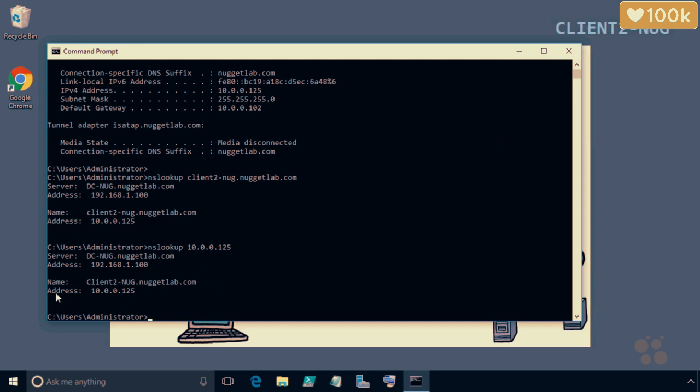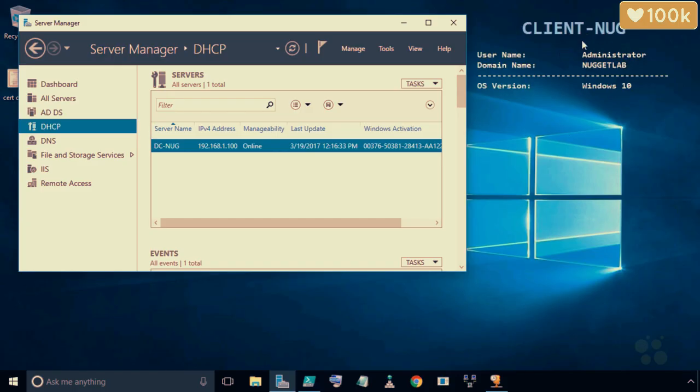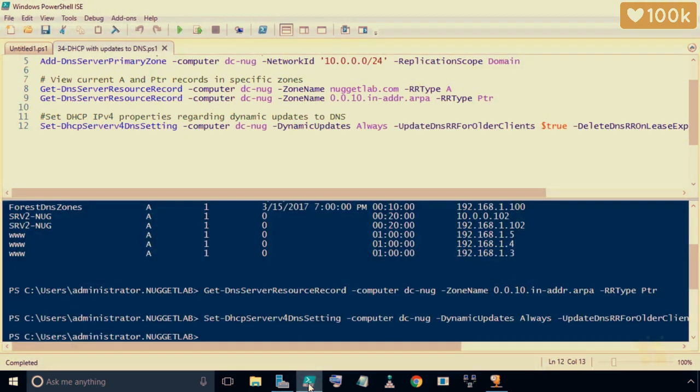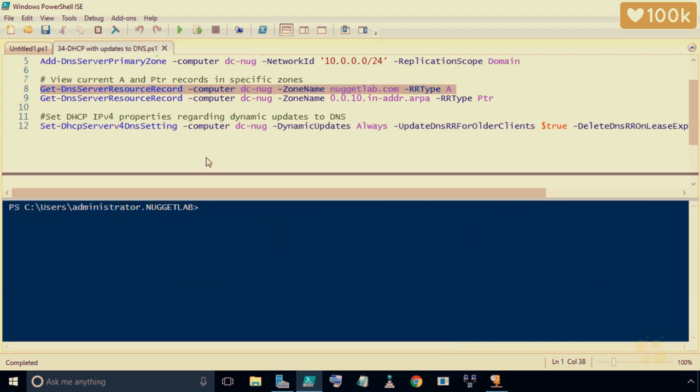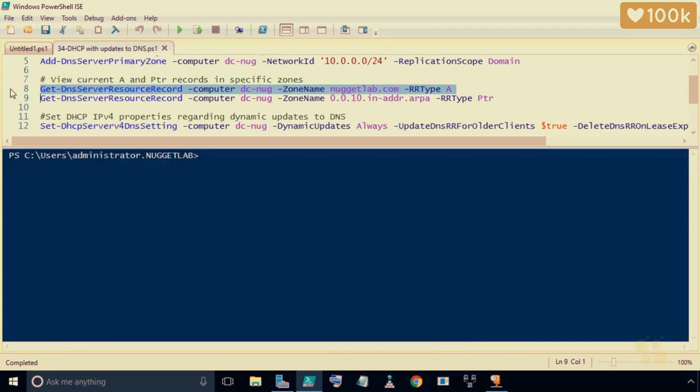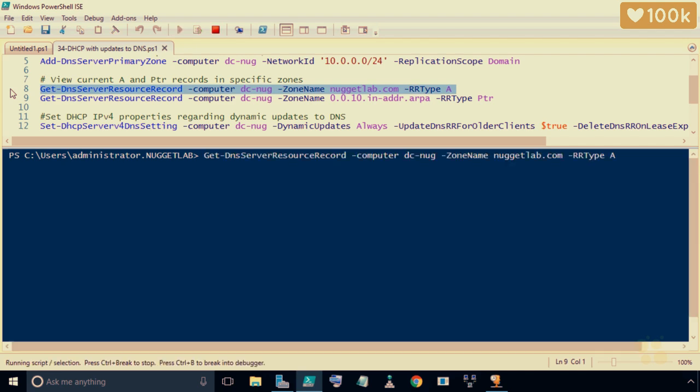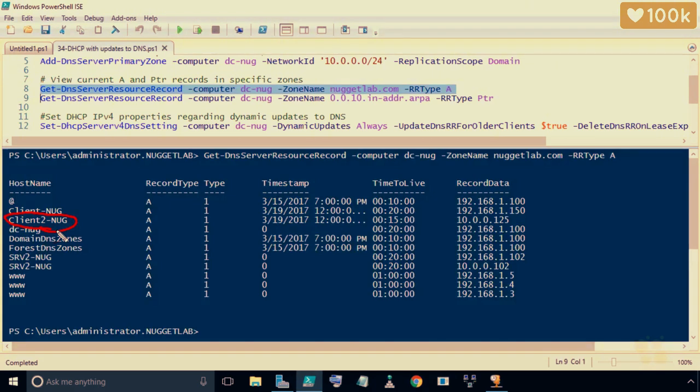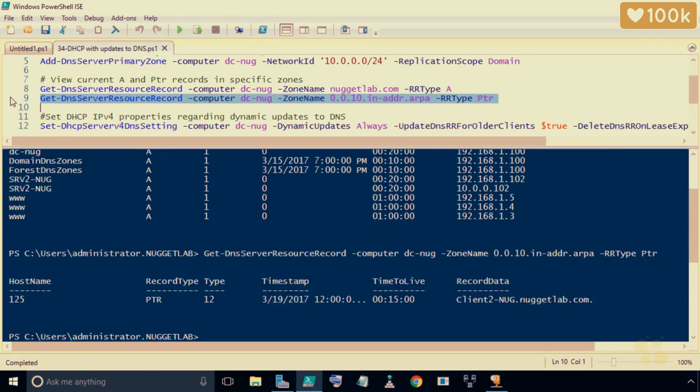And also if we go back to our client 1 machine, so let's do that. Back at client 1, if we go back to our integrated scripting environment, we could also run commands 8 and 9 again, which are looking for A records and pointer records in their respective zones. So let me squeegee off the bottom portion here and resize this just a little bit. And let's go ahead and execute row 8 by highlighting it and pressing F8. So there's client 2-nug at 10.0.0.125 as an A record. And row number 9, if we execute that by highlighting it and pressing F8, it came back and showed us all the pointer records in that zone, which is just the one for our host ending in .125, which is client